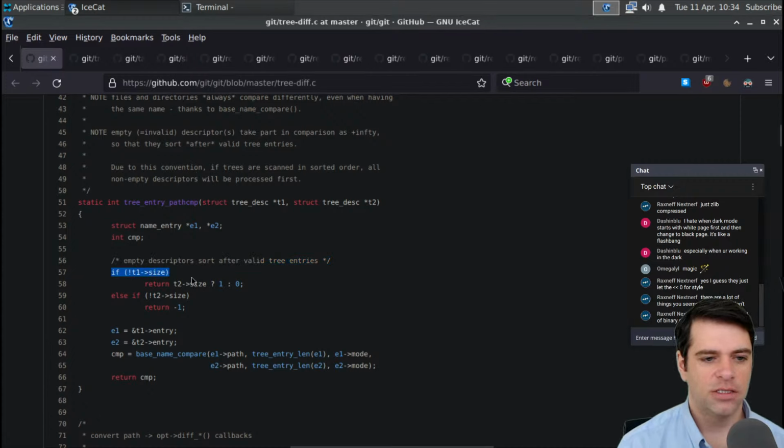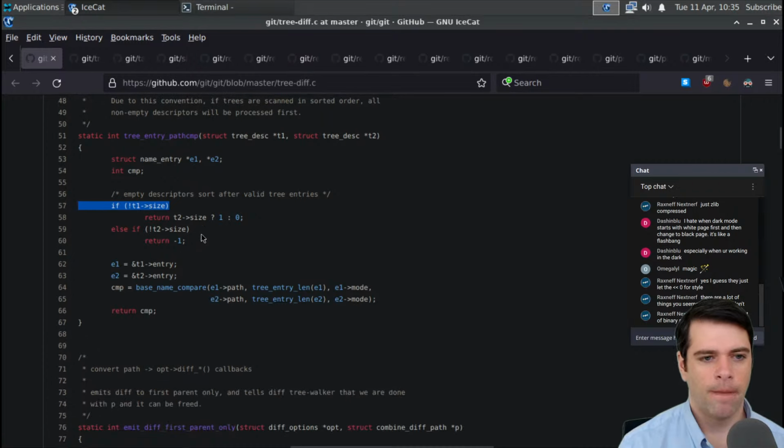So if we don't have size, we're going to return T2 size. Okay, so if T1 doesn't have a size and T2 doesn't have a size, we will return 0. But if T1 does have a size, we'll return 1. And I guess this is a compare function, so that means that 1 is the second entry is bigger, I think. Otherwise, if T2 doesn't have a size, we'll return -1, because since we're here and this didn't execute, T1 does have a size. So T1 is bigger,